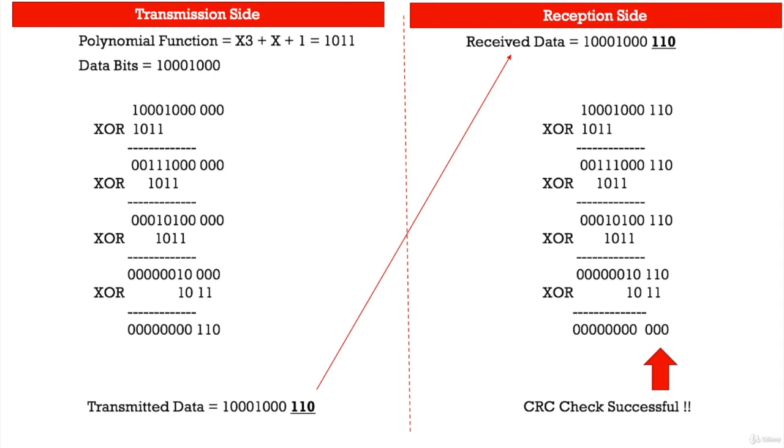Now this 1011 is XORed with the data bits, the main payload, and this is applied on the data bits in a sliding fashion. So let's say the first 4 bits of the data bits will be XORed with the bitmap. The result is again XORed with the bitmap, but shifted to the latest 1's position, and then this process is continued till we find that the number obtained is less than